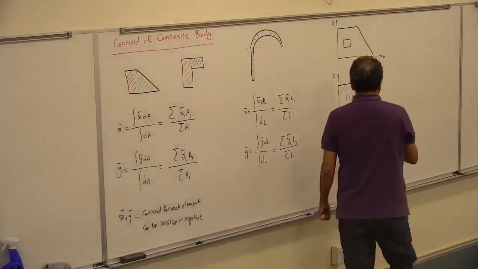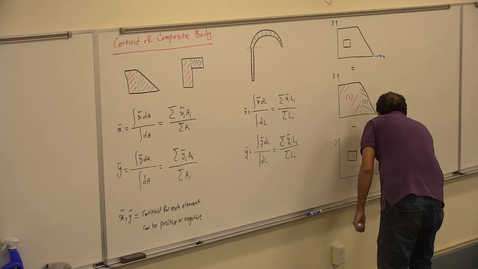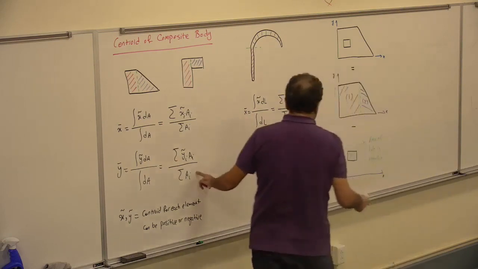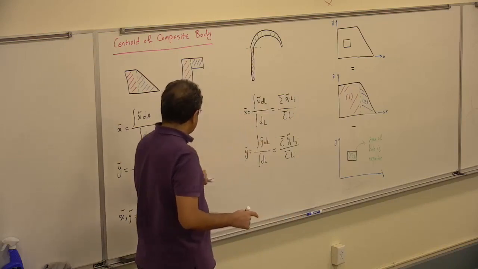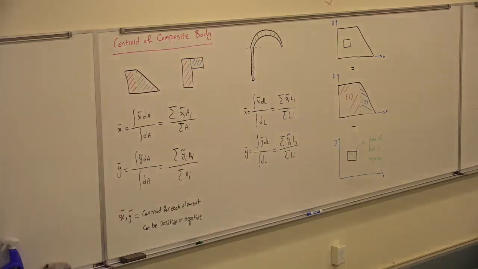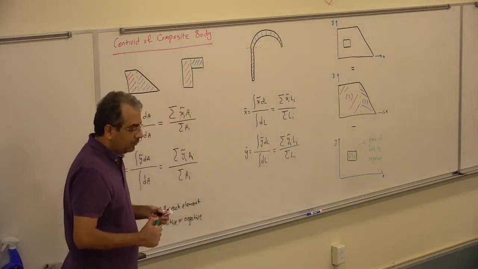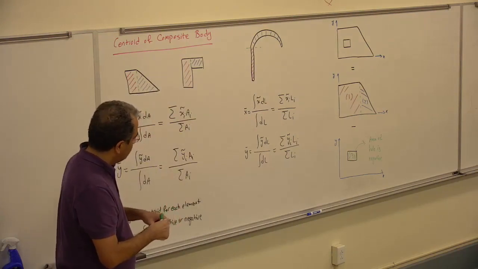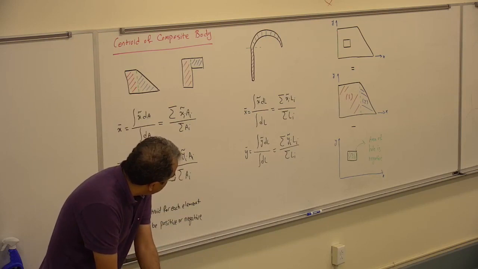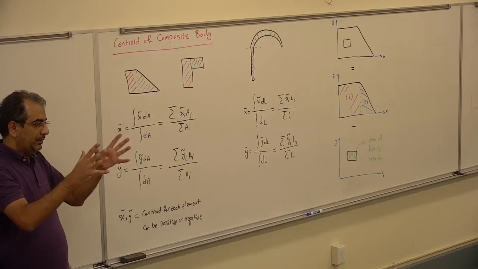So in our calculation, the area of the hole is negative. So when we put that in this equation, we consider the area as a negative. I'm going to do one example to actually show you how we do that, but that's the entire idea. So if we can break the composite shape into the shapes that we